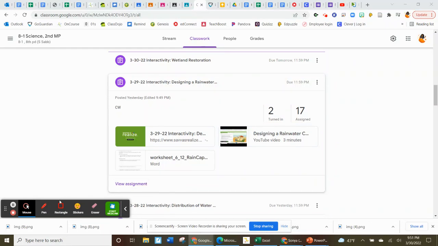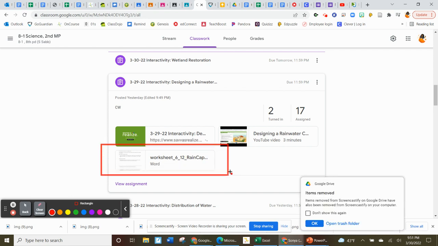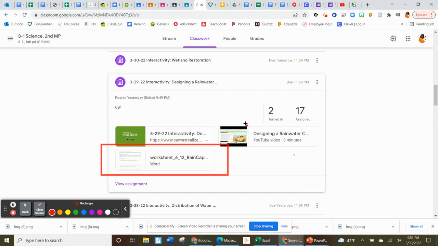I just want to share something with you real quick that I forgot to mention: the worksheet that's going to help you better understand the information that is in this digital lab. So this is here, and I put it on there just now. Actually, one of the classes already had it, but I didn't realize I had not posted it for everyone. So with that being said, we're going to go ahead and